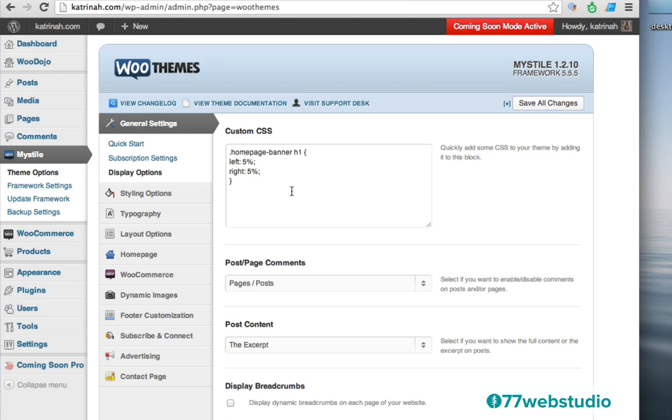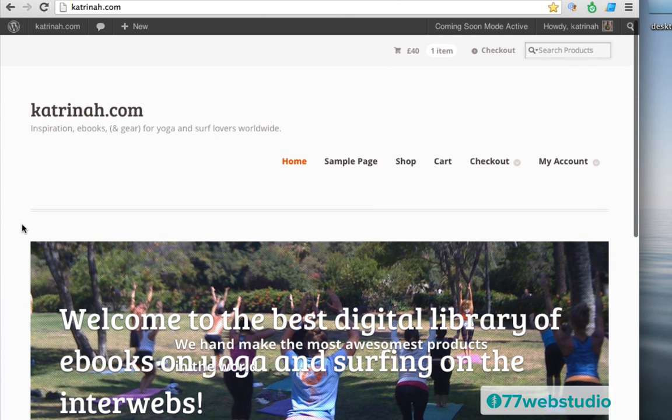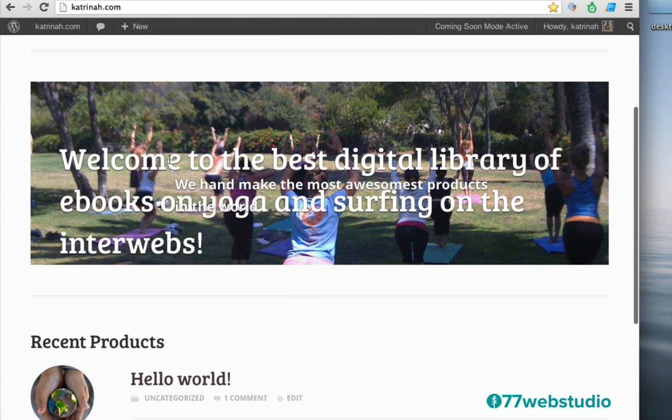Once the options have been updated, now let's take a look at our home page by going up to the top, hovering over the website name and clicking on Visit Site. And here we see now our title is showing up a lot better. The only catch is that it's a little bit too low down the page, and I also have this default line showing up here, so we need to get rid of that. So let's move this whole title up, and then we'll get rid of the default second line right here.